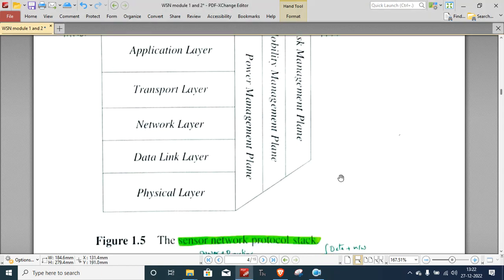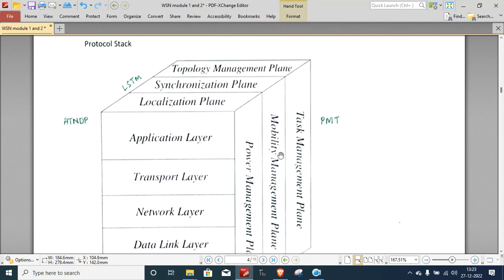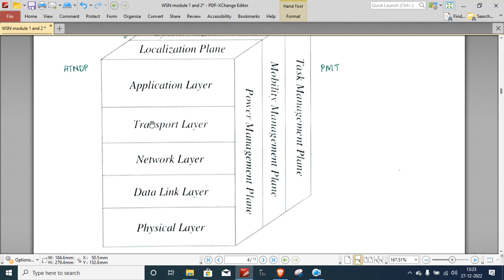Hello everyone, I welcome you all to this video tutorial. In this tutorial, let's go through the sensor network protocol stack. Basically, this is the stack that is used for wireless sensor network protocol, and here it follows the OSI model layers, mainly physical layer, data link layer, network layer, transport layer and application layer, and along with these layers it also includes